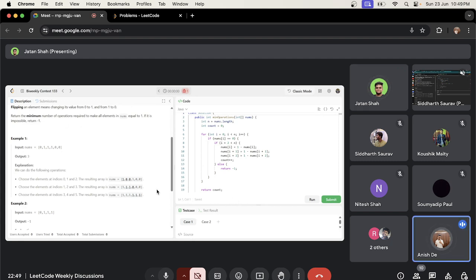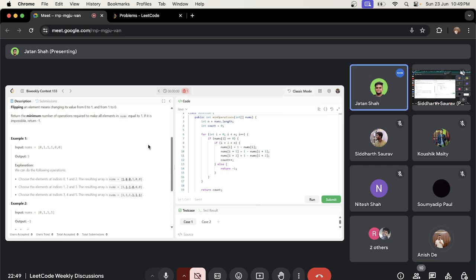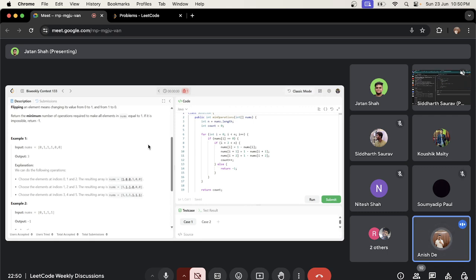Just a moment, Jatan. Before going into this, the first observation that Siddharth and Jatan both told: if the first element is 0, to make it 1, we have to flip the first 3 elements. So why are we doing this? This is clear, right? This is the only way to flip the first element if it is 0, that we have to flip the first 3,